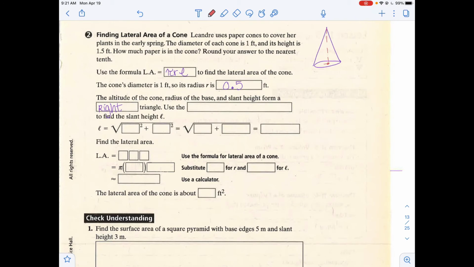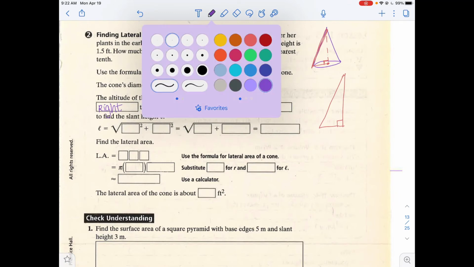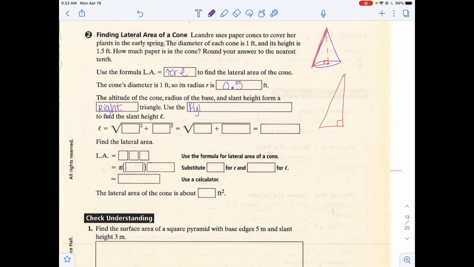The radius would go from the center out, so this is the right angle, and then we can use the slant height to make a right triangle. So they're just looking at something like that. Since it's a right triangle, we can use the Pythagorean theorem to find the slant height, because we know that the altitude is 1.5 feet and we know that the radius